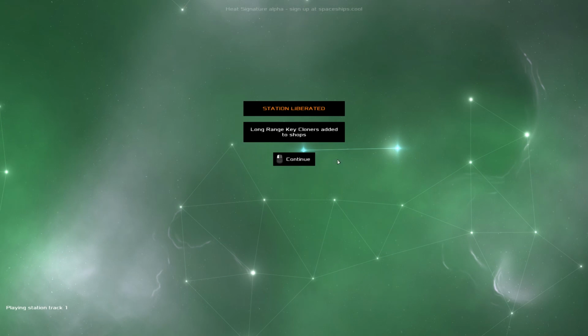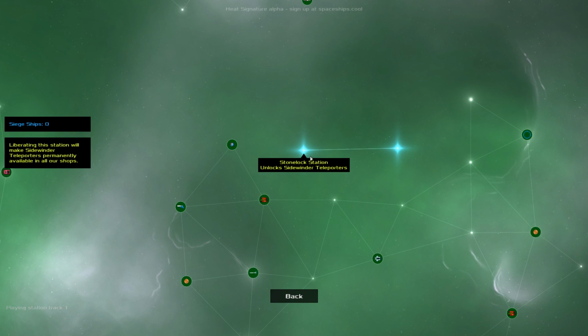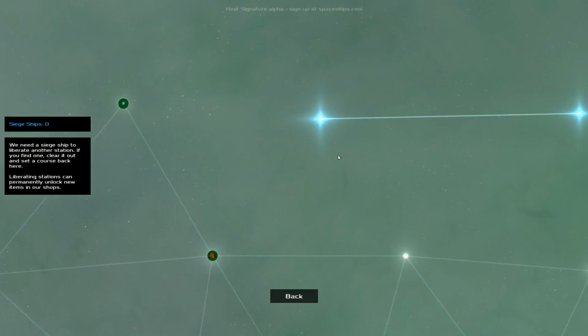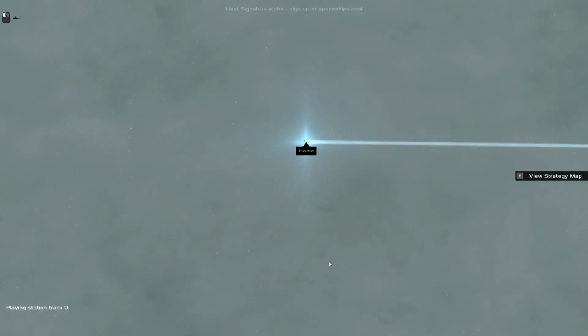Oh, and that's it. Station liberated. That's a lot different to the Alpha, where you had to destroy supply ships heading to stations, and then once you destroyed enough of them, it would be isolated, and then you could capture it yourself. But cool. Now I have long-range key cloners. So we can go back,